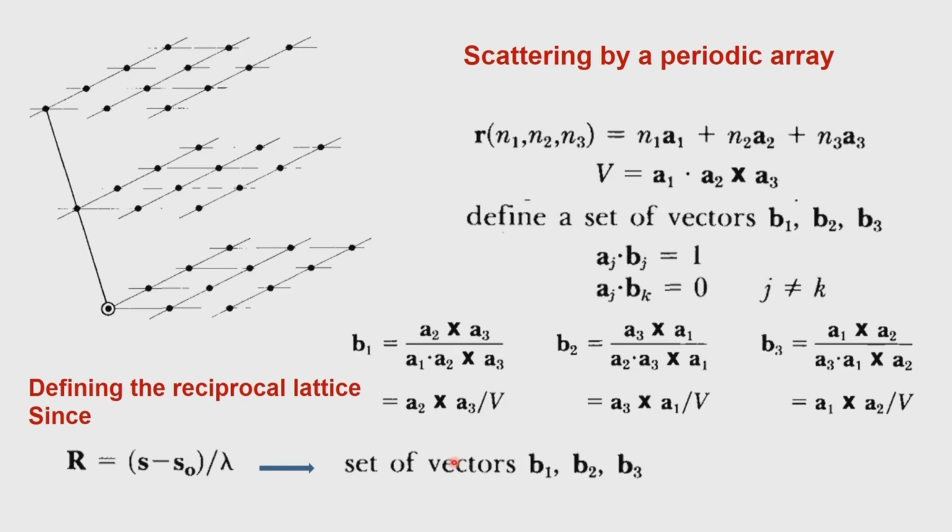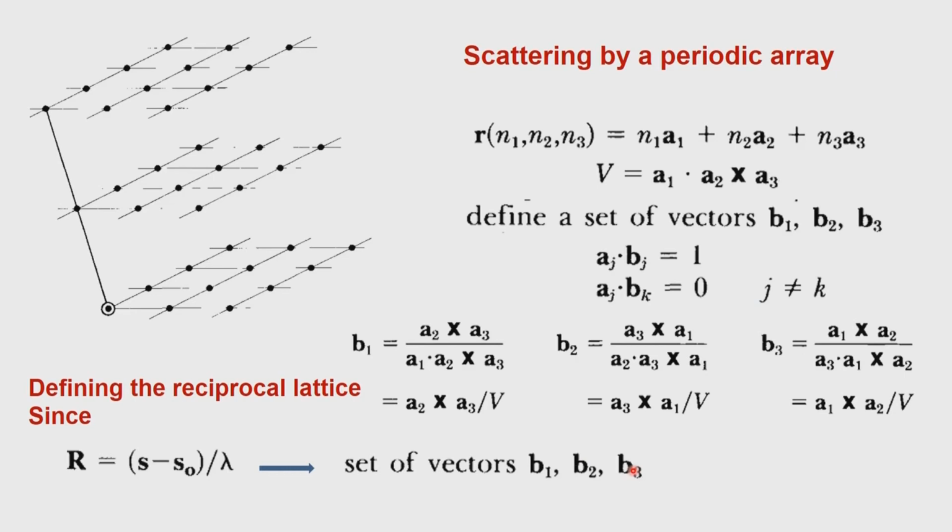So, what we have done so far in this part of the discussion is to consider the atoms to be point atoms, and then we have considered the collection of point atoms, and then we have distributed this collection of point atoms to various lattice points in real space. And then we have defined the quantities which define now the reciprocal space such that b1, b2, b3 are reciprocal vectors of a1, a2, a3.